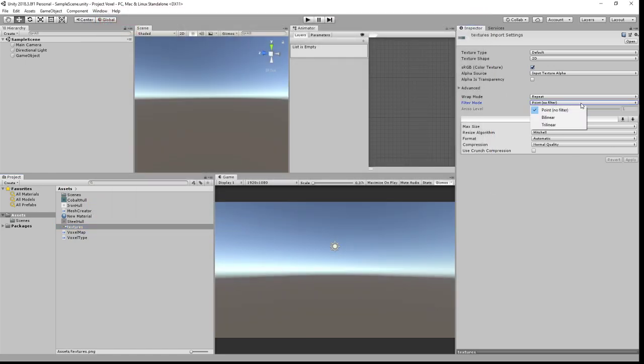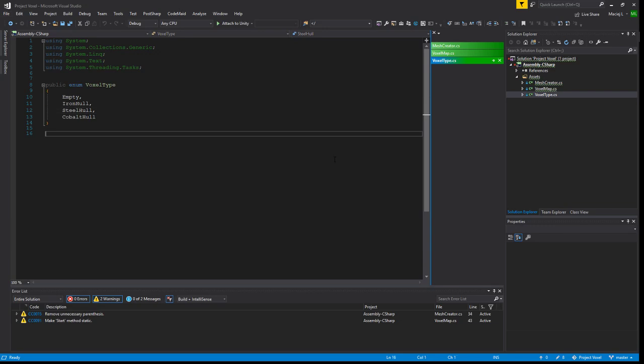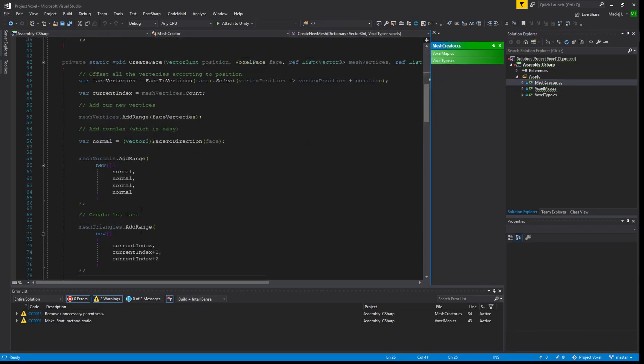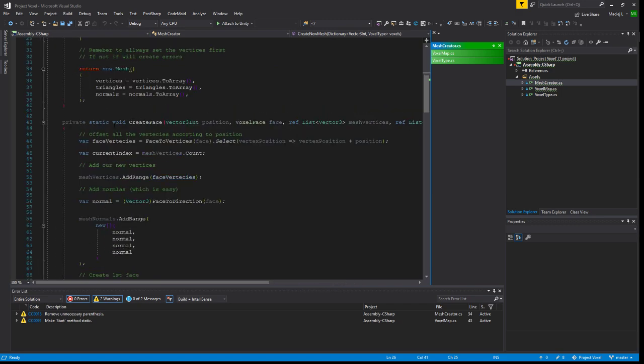I'll just change it to point, so it will be like real pixel, not this blurry mess. And no alpha, because we don't want any alpha. Okay, so let's code it. In the mesh creator, in the create phase,